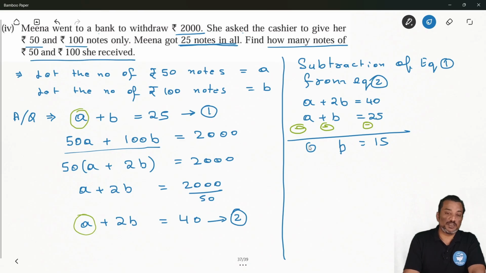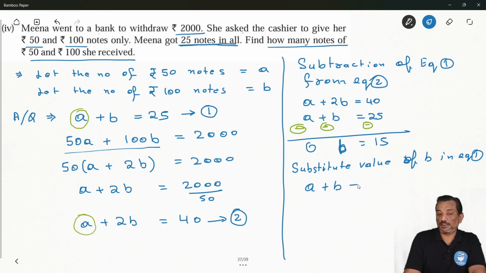So number of b notes, b आपने क्या लिया था 100 रुपीज का, तो 100 रुपीज के नोट्स कितने हो गए, 15 हो गए। ठीक है, अब हमें a वैल्यू निकालना है। Now substitute the value of b in equation 1। ठीक है, तो इक्वेशन 1 आपका कितना हो गया, a plus b is equal to 25। So b is equal to how much you got, 15, a plus 15 is equal to 25। So a is equal to how much you got, 25 minus 15, so you will get 10।